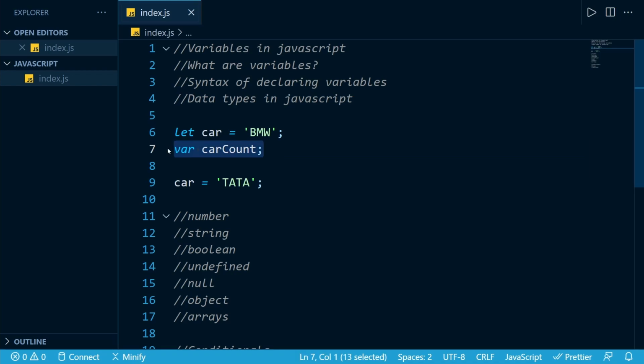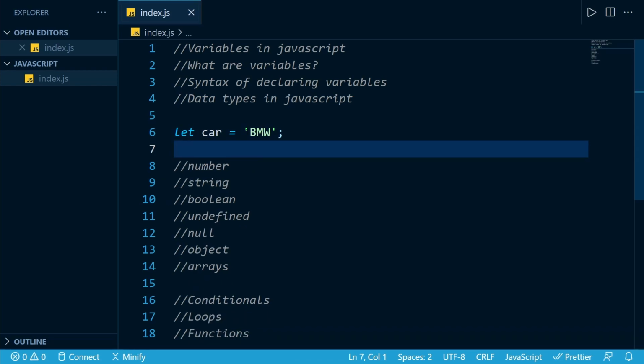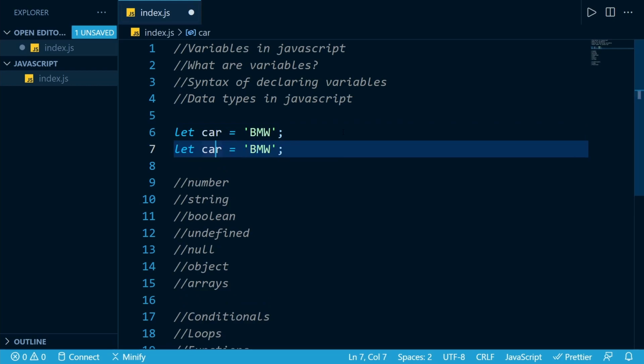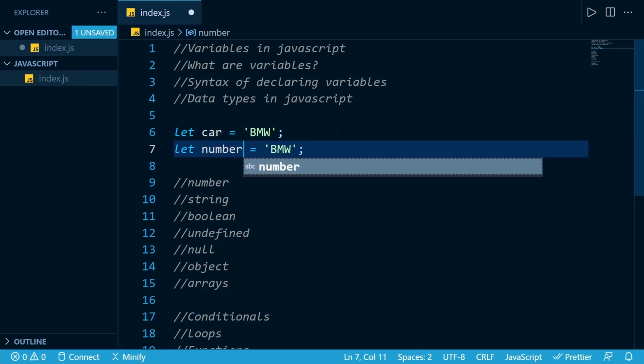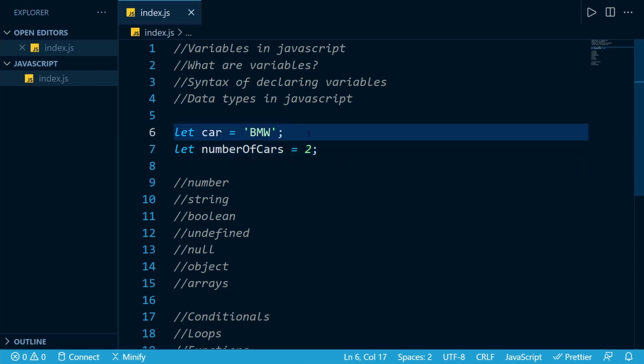And now let's talk about all the data types that our variables support. So we saw here BMW. So BMW was a string. So what if we want to store the number of cars? Let's create a new variable, number of cars. As you can see here, we are using the let keyword, and then the variable name, and then the equal to sign to initialize the variable, and let's give it some value, 2. So 2 is also a data type. First of all, BMW inside of our quotes, this is known as a string.